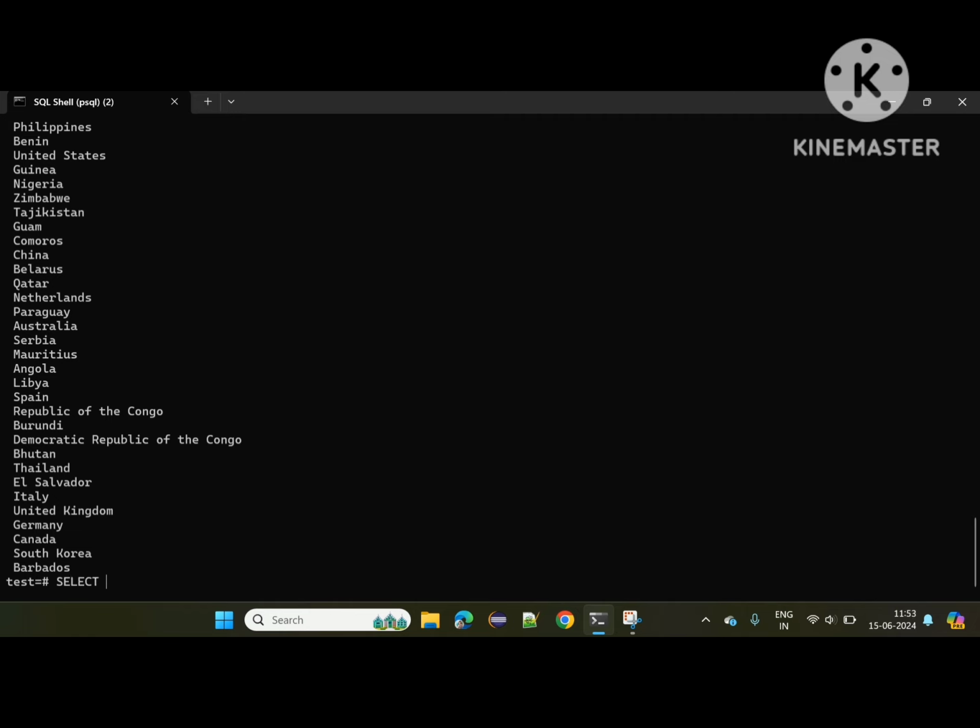So GROUP BY works as follows: SELECT and then the actual column name. Let's go ahead and say country of birth, and then FROM person, and then let's say GROUP. This is the actual keyword, so GROUP BY and then the actual column, so country of birth. If I run this query, this is not going to work. I'm going to explain why in a second.